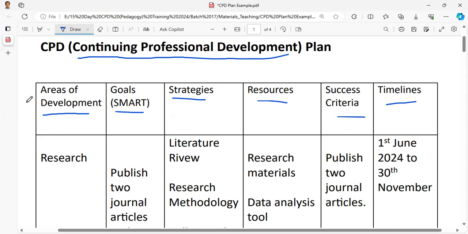So, first of all, let us come to areas of development. There can be several areas in which we may need to develop. One can be research. We may need to develop in technology. We may need to develop in introducing active learning strategies. So there can be several areas like that in this CPD plan. For this CPD plan, I have chosen research. So the area of development is research, and